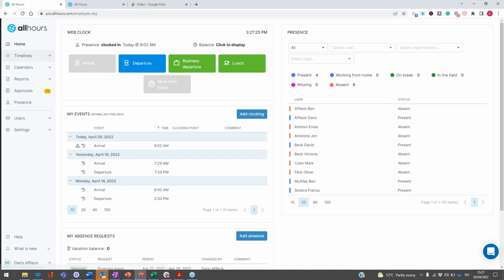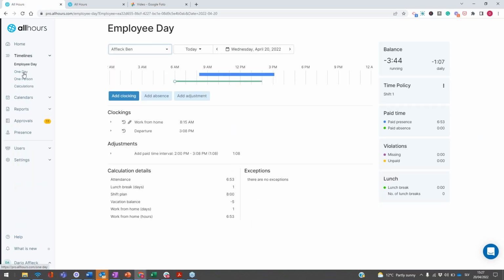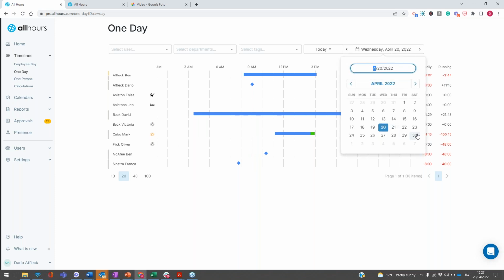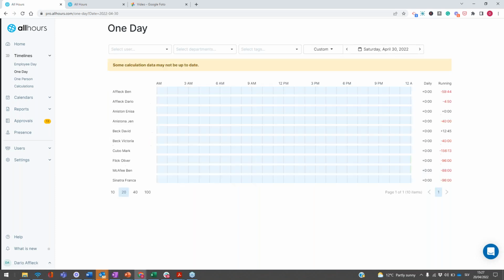Okay, let's go see, probably all hours already recalculated this one day, and we will go to the last day of the month here, and you will see that their running balance is a little bit lower depending how they were registering. Okay, so counters and the payroll, absence calendar, calendar exceptions and the scheduling, and now we did overtime management. Now the next step is clocking, but before we do this, I want to show you also something about